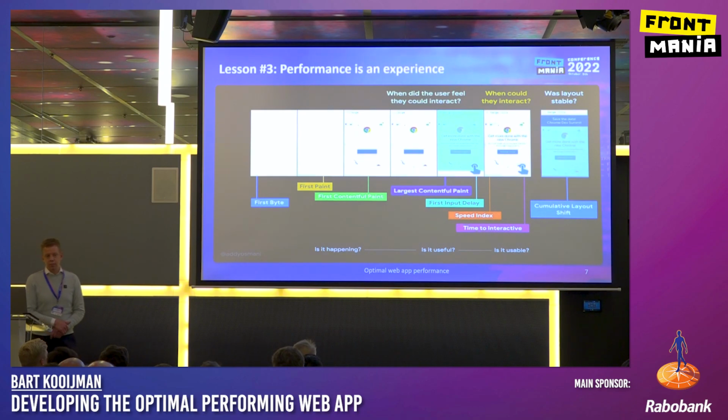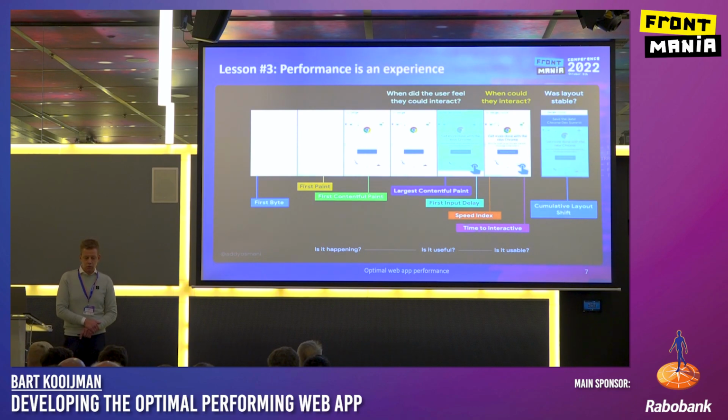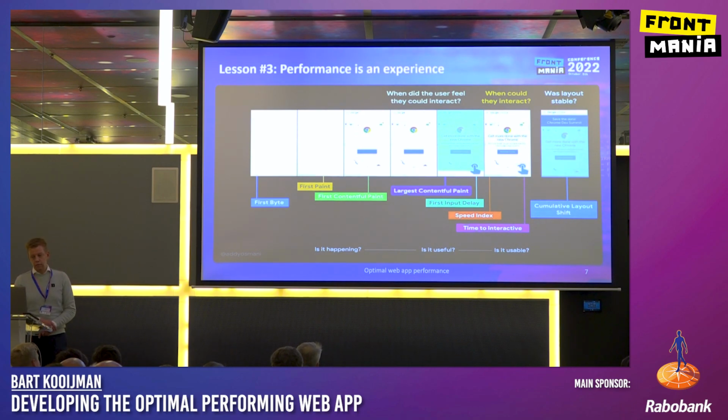Lesson number 3: performance is an experience. This is also something that we learned quite quickly in the process. Back in the days when I started working on performance improvement, we usually looked at the more technical kind of metrics, like time to first byte, DOM loaded, what have you. There are plenty of more technical ones. But those numbers usually don't say a lot about how the performance of a page is really perceived by your user. Instead, the user is having much more of what we call a performance experience,